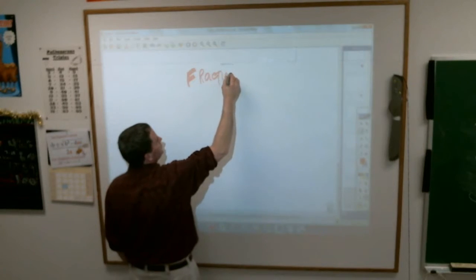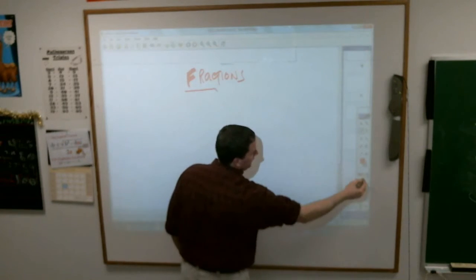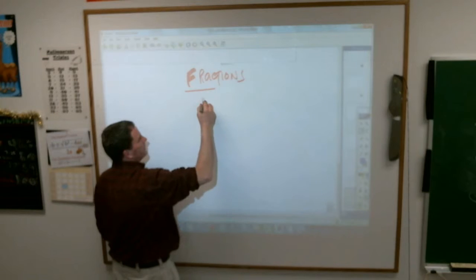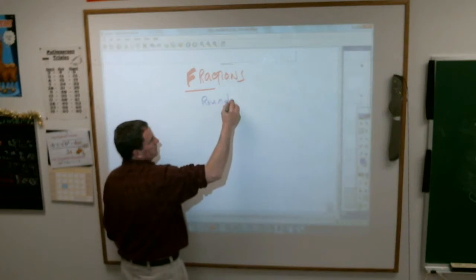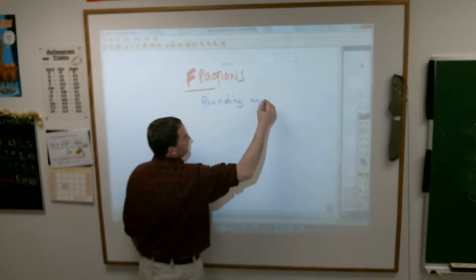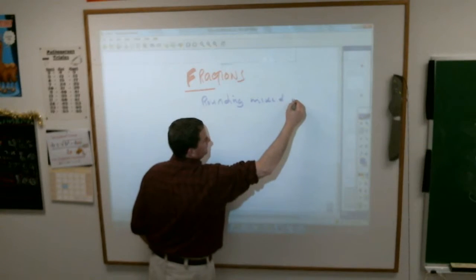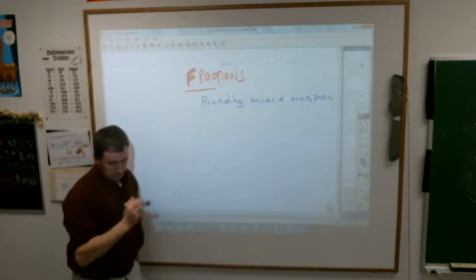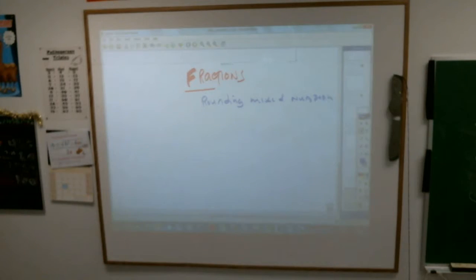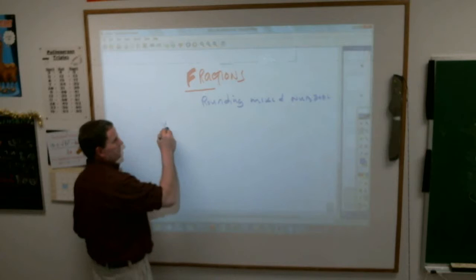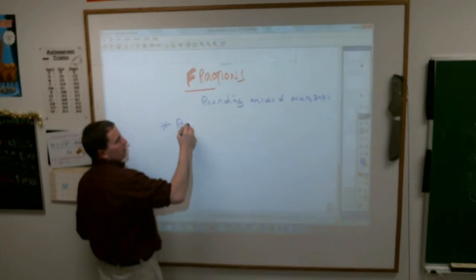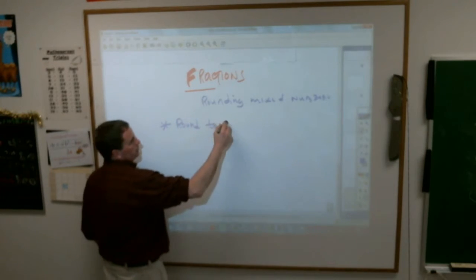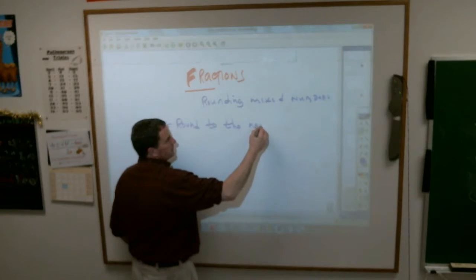Under fractions, we are talking today about rounding mixed numbers. For example, if the directions say to round to the nearest whole number. Here's my directions: round to the nearest